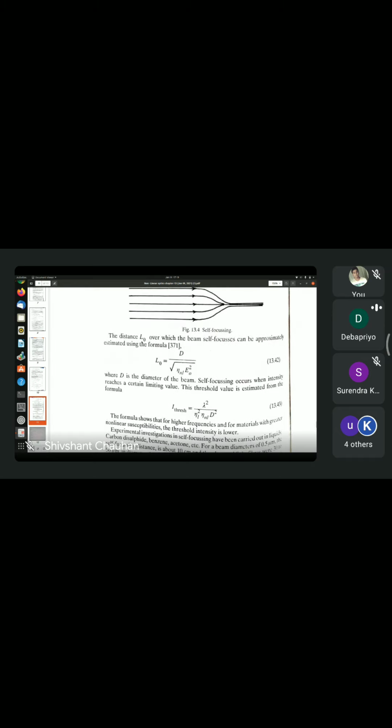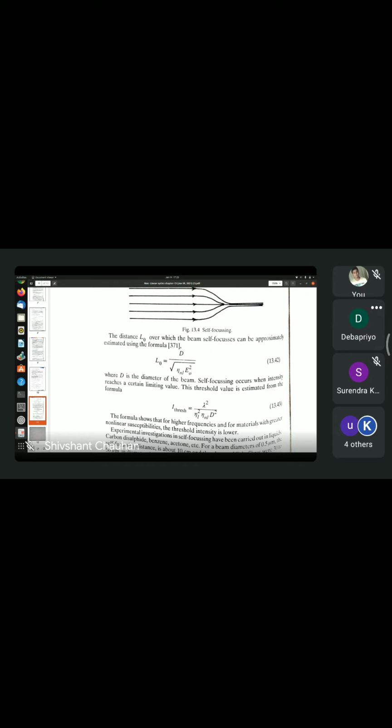Yes, here. So here in the denominator you have root over eta nl into E0 square, which is a dimensionless quantity. Therefore L0 has the same dimension as d, and d's diameter has the dimension of length. So everything is okay. The only thing that I want to point out is that this expression misses certain numerical factors. So this is not exactly right. It's correct up to some small numerical factor.